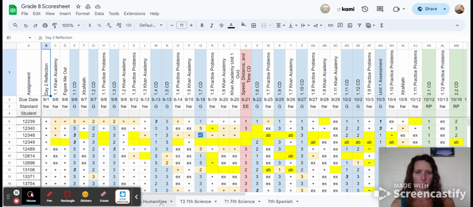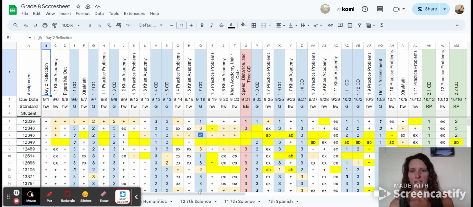We had tabs for the 3 different trimesters and the 3 different content areas. Last year, Spanish did try it out, didn't really like it, didn't really work quite with his grading system. So there's only one Spanish tab down here, but you can see 7th Science had a first trimester and a second trimester. Humanities, same thing. Actually, this was last year's 7th grade